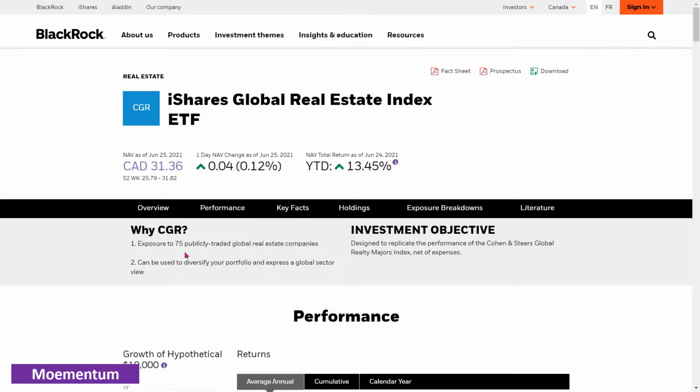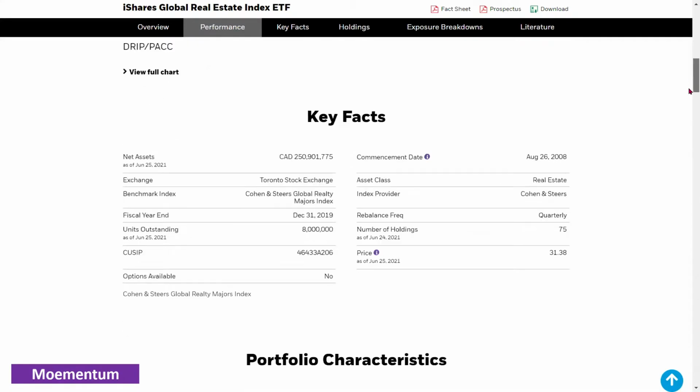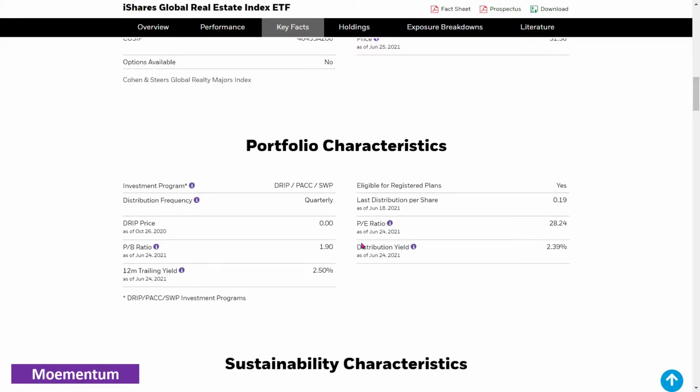Here you get exposure to 75 publicly traded global real estate companies, unlike the previous one, which offered you exposure to Canadian real estate companies. In terms of overall performance, you see that it has an annualized 10-year return of 8.06%. Moving down, you notice that the distribution yield for this ETF is at